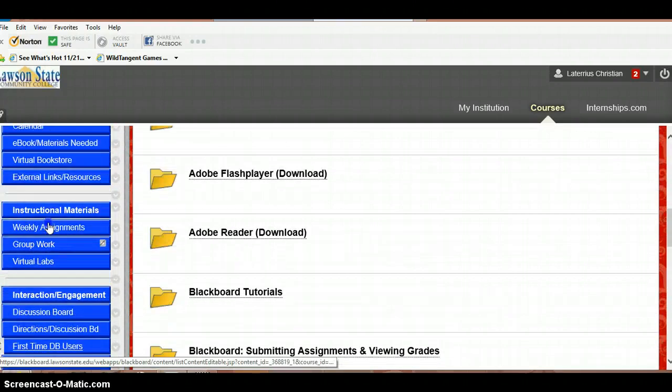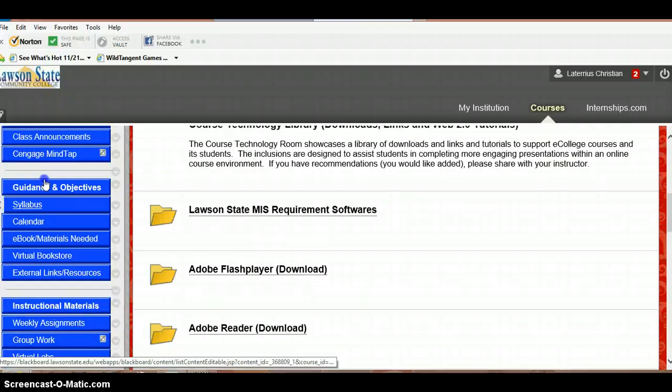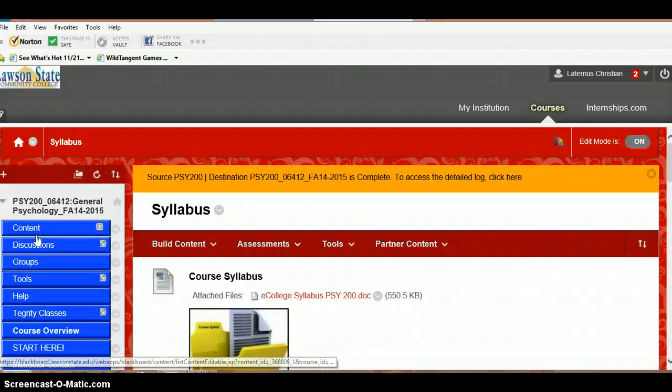Other than that, I want you to be familiar with the course syllabus. You can go right here to find it. This is where the class announcements are; every week you have a class announcement posted there. This is where the course syllabus is, so there's a little slow delay, but click on it and you'll be able to find the course syllabus that lists the new textbook.